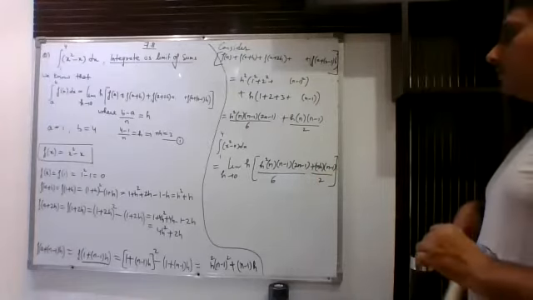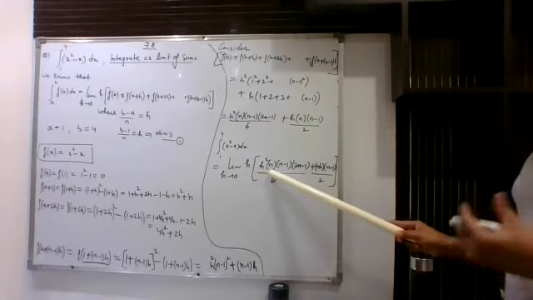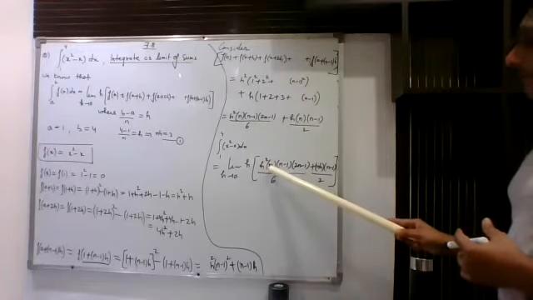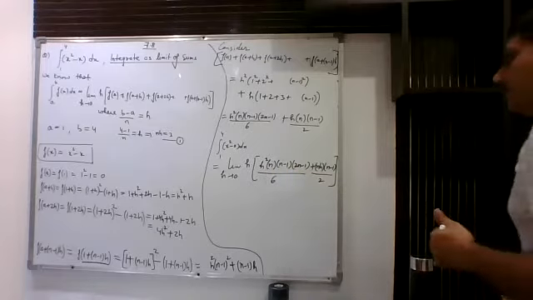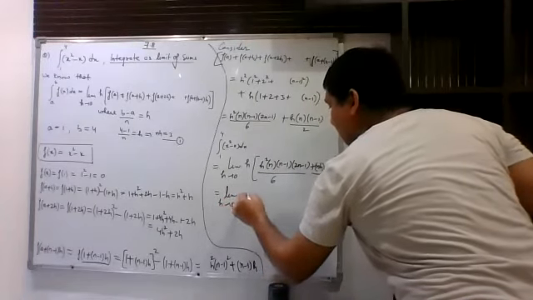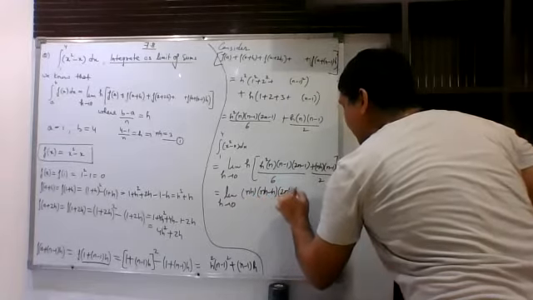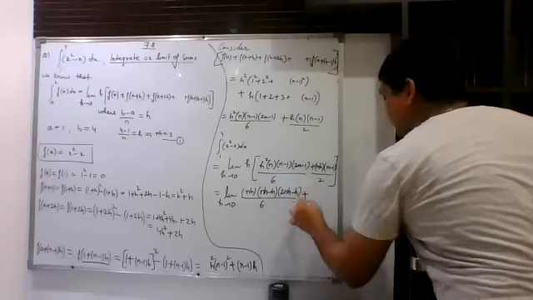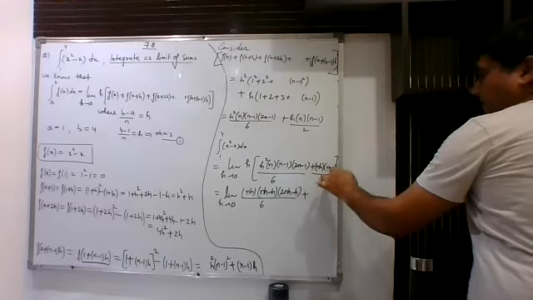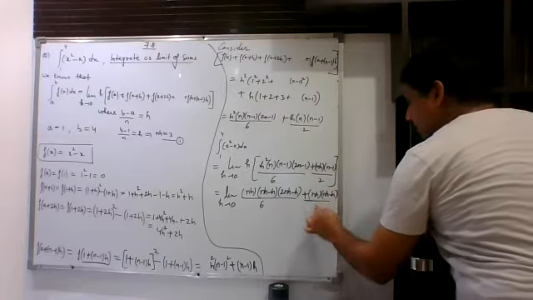Now after this, you will take this h inside the bracket, so you will get h cube. As I had told you earlier, the number of brackets is the number of h you will get, so you will put one h in one bracket. We can write this in this form, limit of h tending to 0: (nh minus h)(2nh minus h) divided by 6. Here also this h when you multiply becomes h square, so one already we have. Now another you can take inside this bracket: (nh minus h) upon 2.